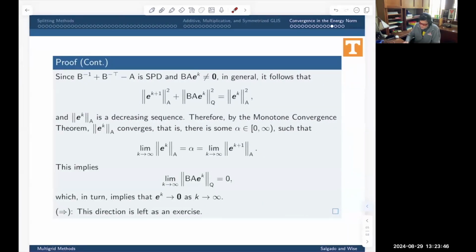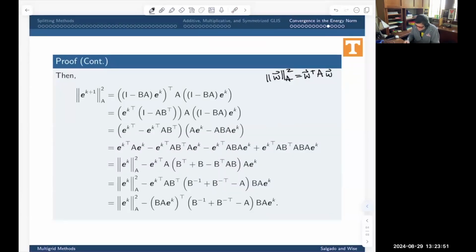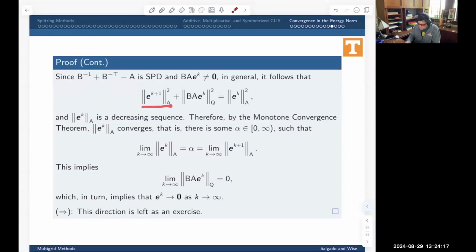So I'm going to do two things in obtaining this simplification. I rewrite this, or recognize that this matrix is Q. So that whole thing is just equal to minus the Q norm of BA e_k, squared. And then I'm going to move it to the other side because it comes with a minus sign. And that's where this term comes from: the A norm of e_{k+1} squared plus the Q norm of BA e_k squared,